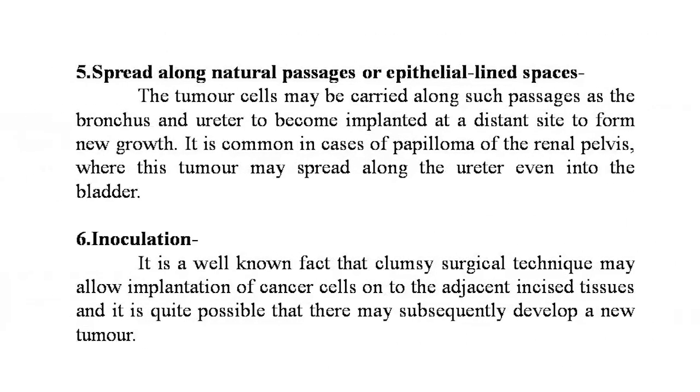Now the next route of spread of malignant tumors is spread along natural passages or epithelial-lined spaces. The tumor cells may be carried along such passages as the bronchus and the ureter to become implanted at a distant site to form a new growth. It is common in cases of papilloma of the renal pelvis, where the tumor may spread along the ureter